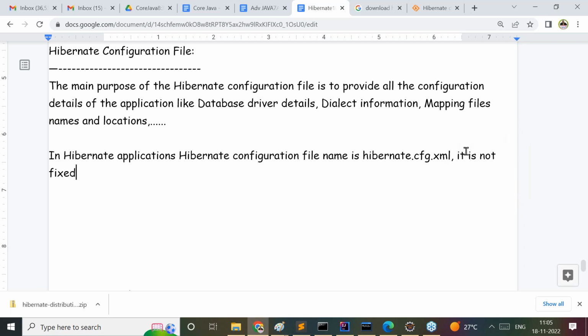It is not fixed. It is a default name only. We can change the configuration file name, but we have to give that new name information